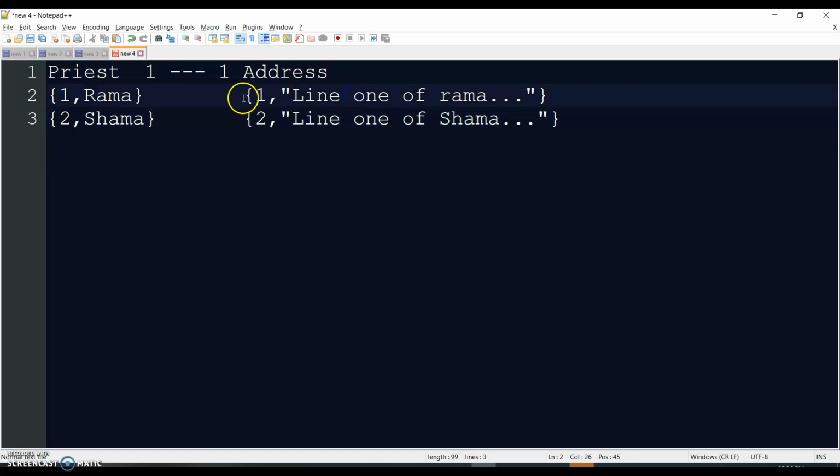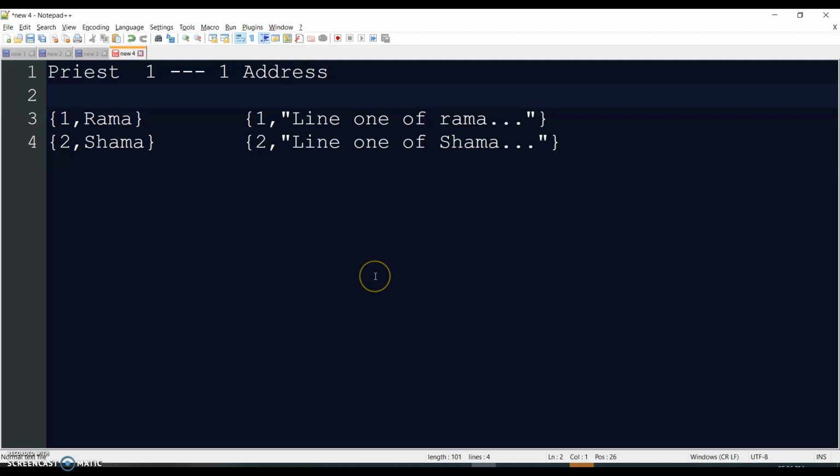The address entity does not have a primary key of its own, meaning you can't have a separate sequence number here. The primary key is the priest ID itself. So basically it has to match what is on the other end. Now this is a limitation of how a one-to-one is actually implemented in a database. You can't have a separate key, you can't have a separate sequence numbering, though there are other ways to go about it. So this is basically how a one-to-one relationship is formed, which is still okay.